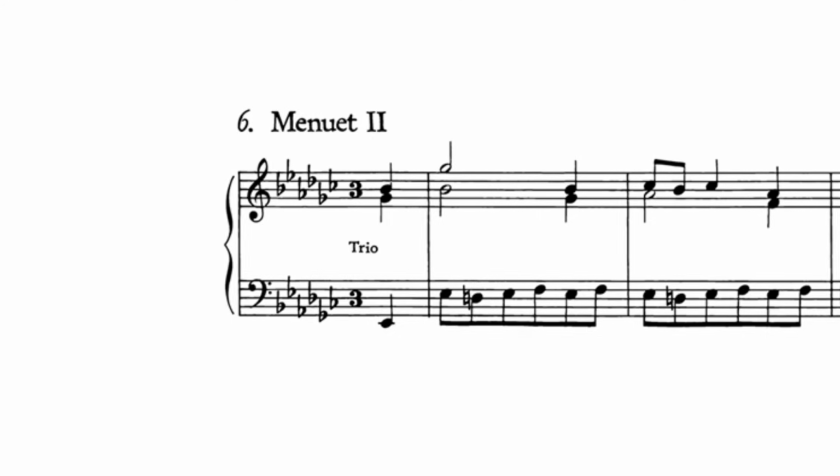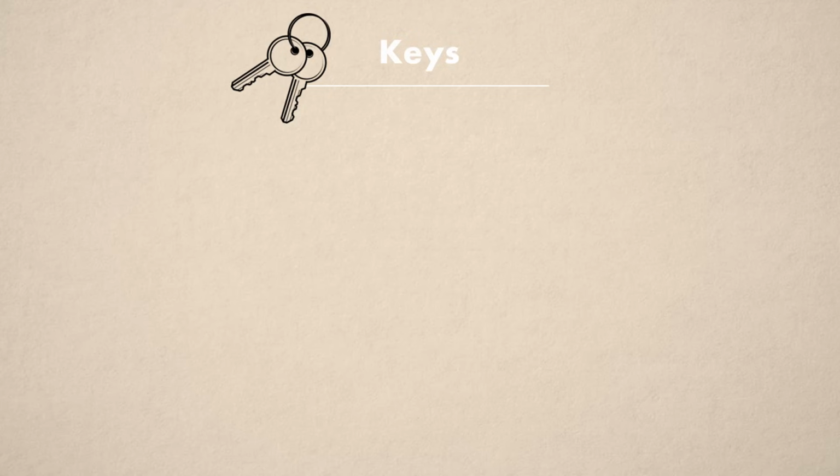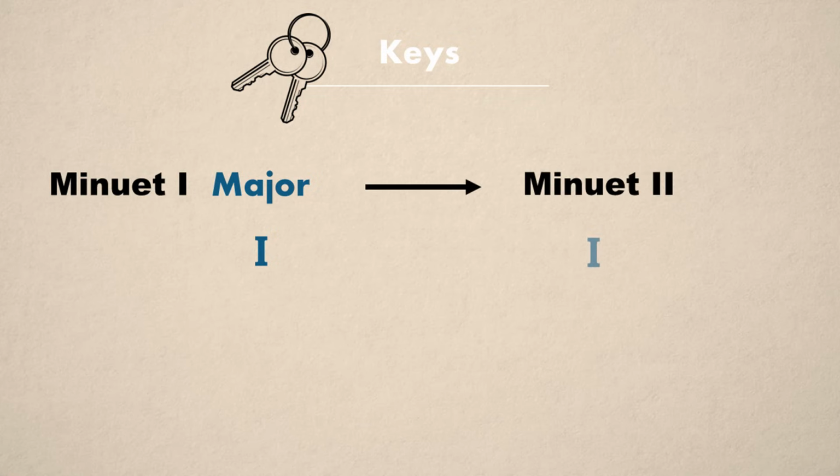E flat minor. When 2 minuets are grouped together and the first one is in major mode, the preferred choice by far is to keep the same key and mode in the second minuet. The second most usual choice is moving to the 6th degree, the relative minor, for instance from C major to A minor. And the third option is the parallel minor, same tonic but different mode, for instance from G major